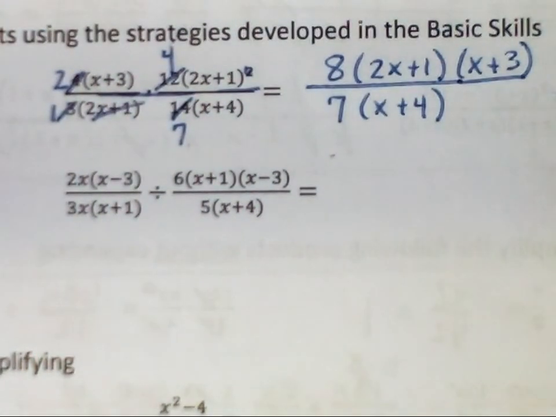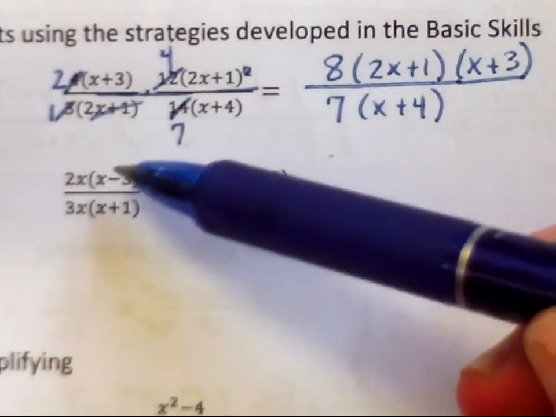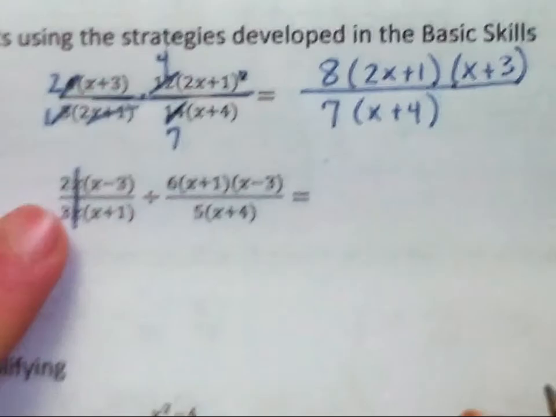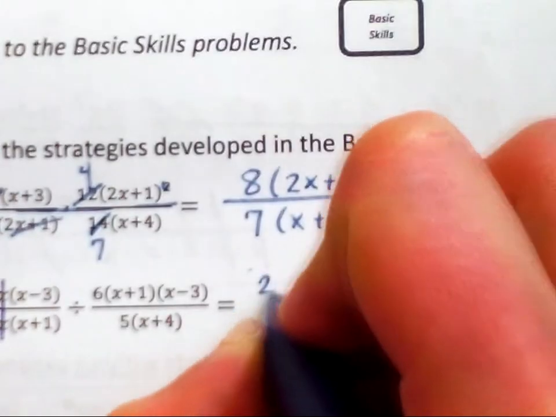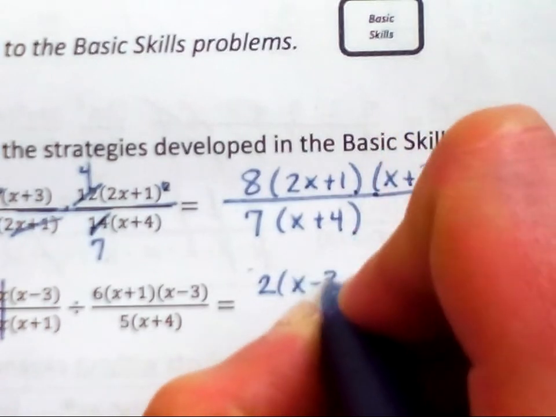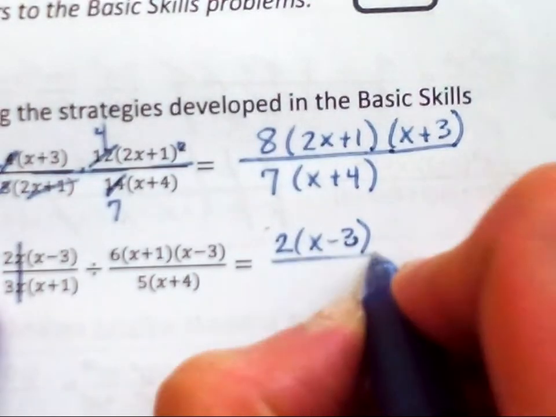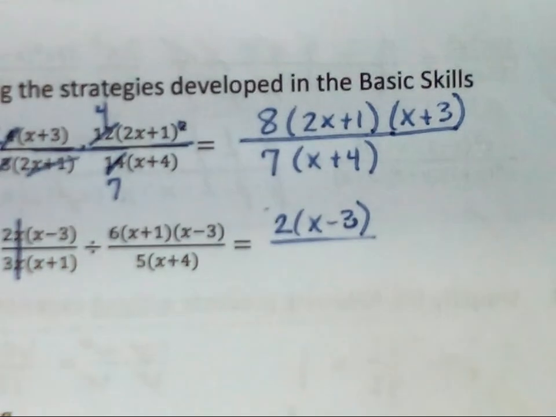Okay, this is a quotient, so I need to rewrite it as a product to begin, but one thing we can do now is we can cross out these x's right here. So we can say that this is going to be 2 times x minus 3, over